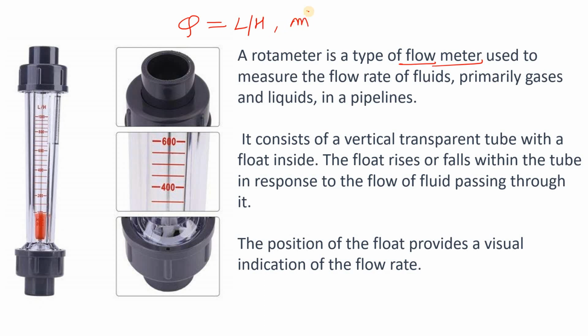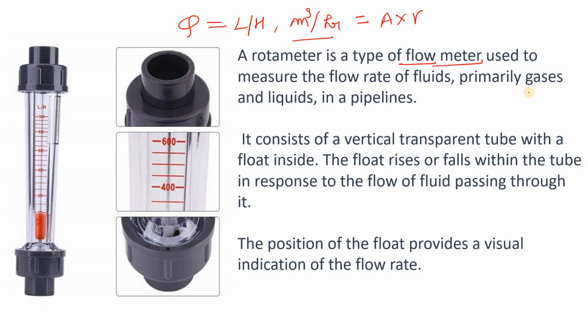It is also cubic meter per hour, and we have also studied the continuity equation, and the continuity equation says the product of area into velocity is called the volumetric flow rate. Okay, and the unit is cubic meter per hour. Flow rate means how much volume is passing through the cross sectional area per unit time, right? So the rotameter measures the flow rate. I hope you got my point, what I want to say.